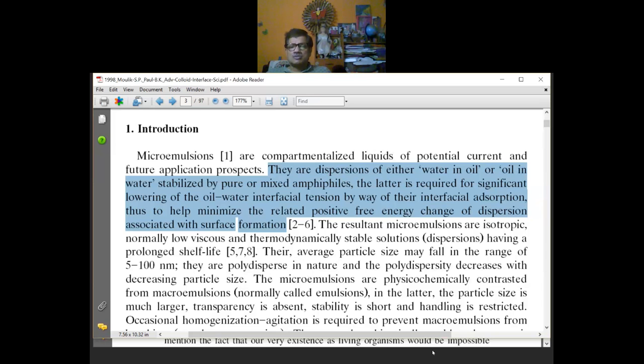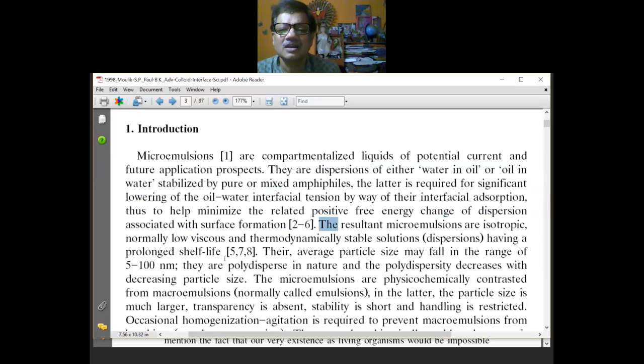Okay? So now, what are the characteristics? The characteristics of microemulsion are that they are isotropic. They are more or less homogeneous on the macroscopic scale. Microscopically, when I said that a micelle is formed, a micelle